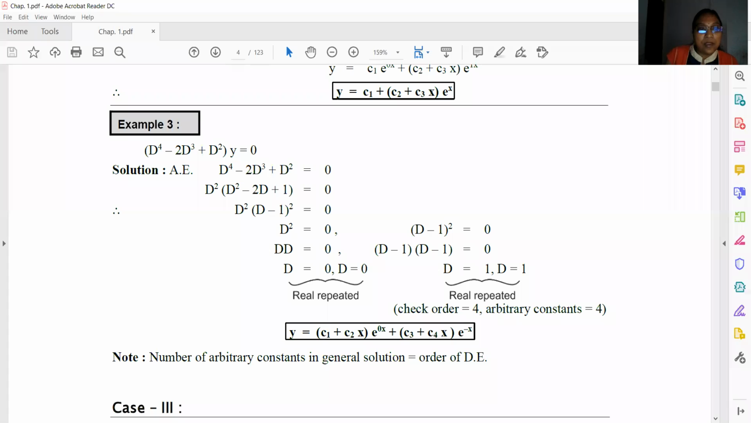Now, if we have an equation like this, you can see when we take D square common, then we have the values of D as 0, 0 and 1, 1. When D square is 0, there are two roots from this factor and the values are 0, 0, and here the values are 1 and 1. So here the values are repeated, and here again the values are repeated. So for these repeated roots, the solution is